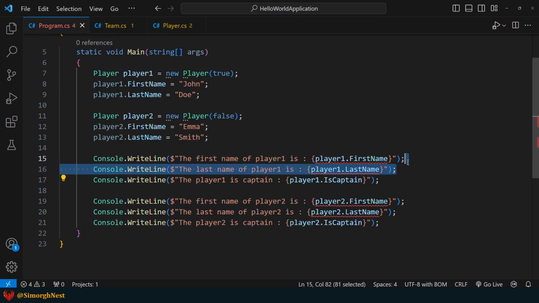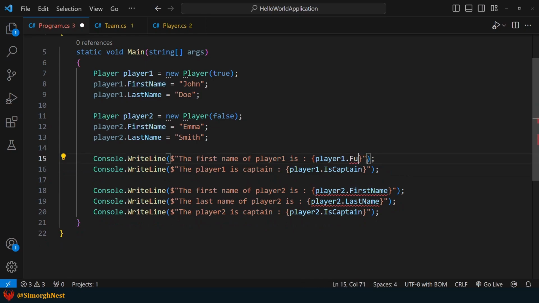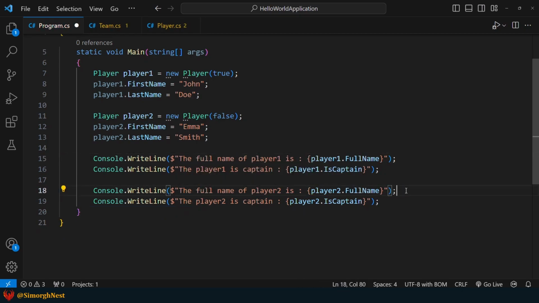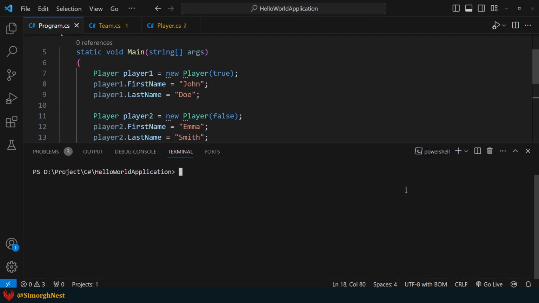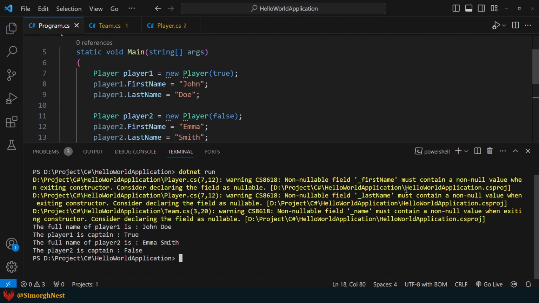Now, in the program class, let's replace the usage of the first and last name properties with the full name property. Okay, let's run the application once more. As you can see, the full names of the players are correctly printed.